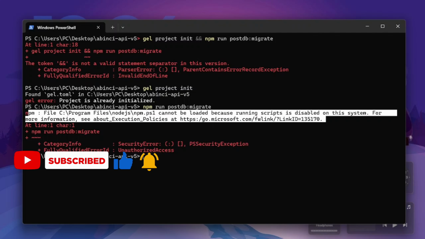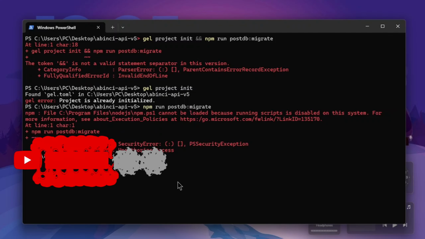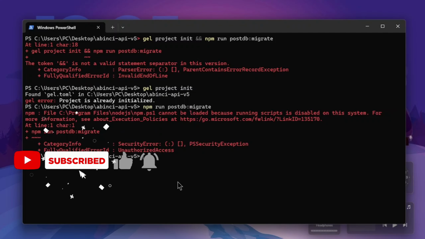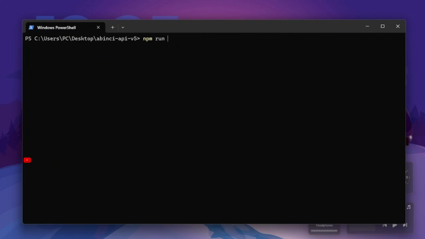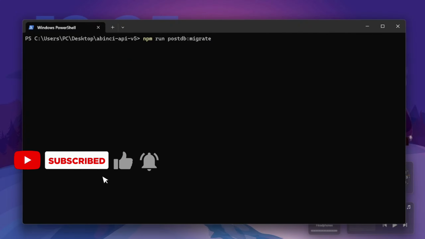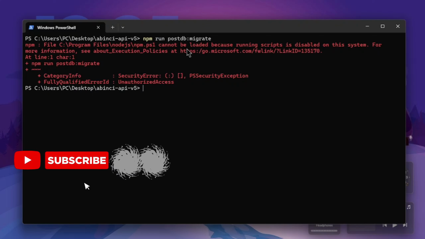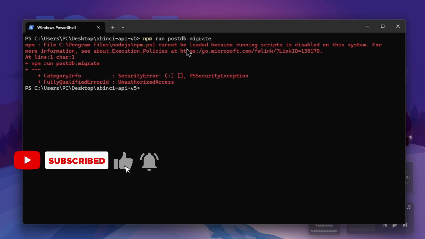So now, how do we fix this? So you can see, let me show you again. I'm trying to run npm run post db migrate. The post db migrate is my package that is done, I'm just trying to run it. Now, if I run it on command prompt, it works. If I run it on git bash, it will work, but on PowerShell on Windows it doesn't. Why? Because